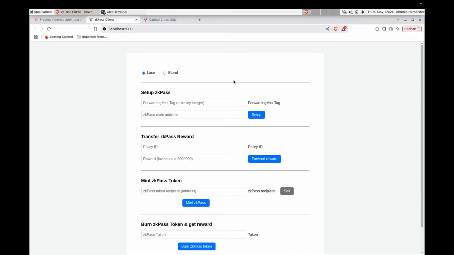Our zkpass uses 2 scripts. One we can call the zkpass minting script, and also a forwarding mint validator. The latter only serves the purpose to store a reward value that can be later claimed by burning a token minted with the zkpass minting script. The forwarding mint validator is parameterized by an arbitrary integer that only serves the purpose to differentiate a particular forwarding mint instance. And the zkpass minting script is parameterized by a plumcup setup parameter that is generated at random at